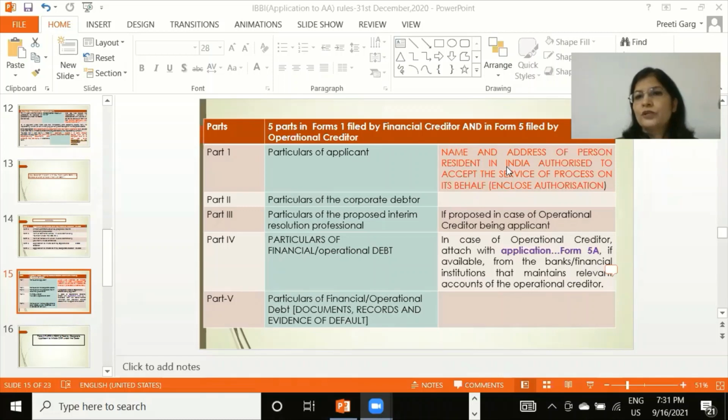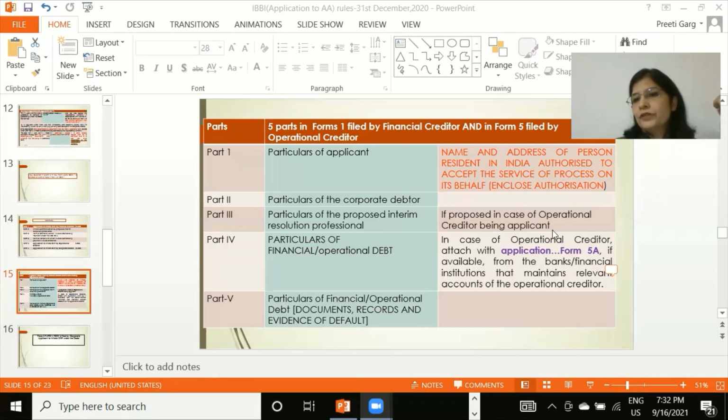Now, the important points are name and address of the person resident in India authorized to accept the service of process on its behalf has to be given. Particulars of the proposed IRP is required to be given in case of operational creditor only when he is proposing to appoint an IRP. In case of operational creditor, we know that along with the Form 5,